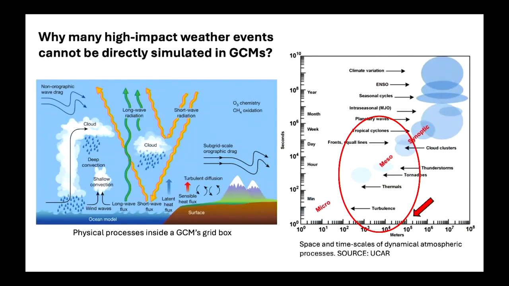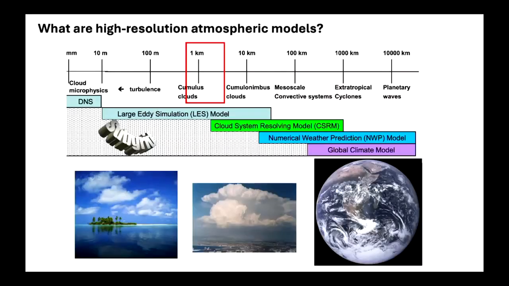Also, these weather systems develop and evolve very rapidly, much faster than can be captured by the time intervals used by the successive calculations that update the model states in the climate model, right? So that's really the challenge. In order to directly simulate these kinds of events, we'll have to go for higher resolution atmospheric models, right? But what exactly is high resolution? What does it even mean?